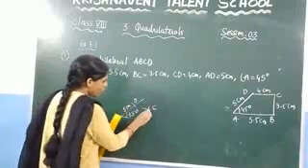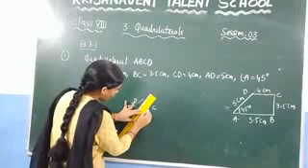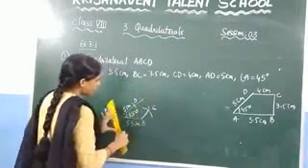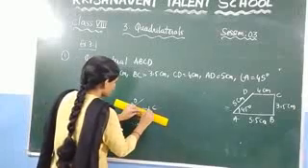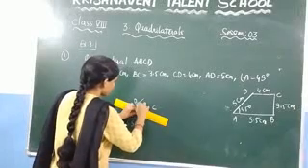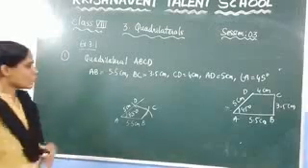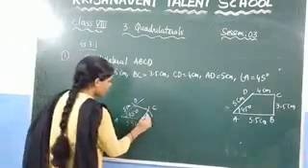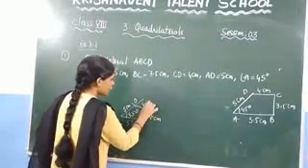Now join B to C. This point is the intersection point we got. At that point join this one, and similarly here we got one intersection point. Now join this one. So we have constructed a quadrilateral by the given measurements. Now write the measurements they have given, 3.5 centimeters and 4 centimeters.